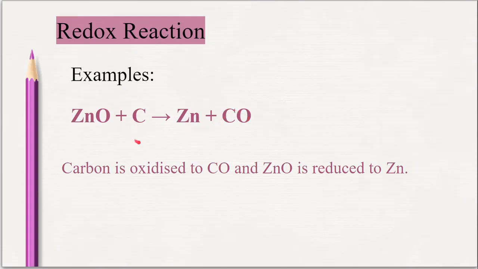So oxygen is added, therefore we can say that it is an oxidation. And in the zinc oxide, it means ZnO, the oxygen is removed. ZnO becomes the zinc. So it is the reduction. Therefore, in this process, the reduction and the oxidation both processes are happening together. Therefore, this example lies in the redox reaction. Therefore, it is a redox reaction.